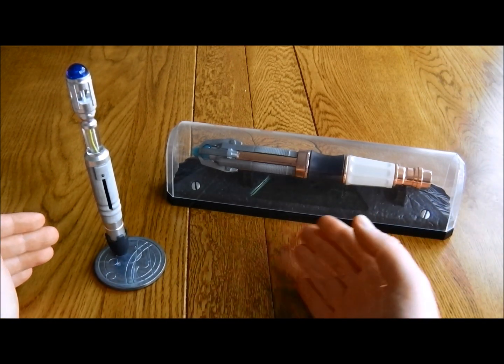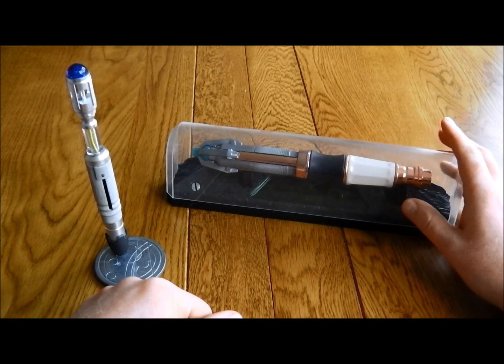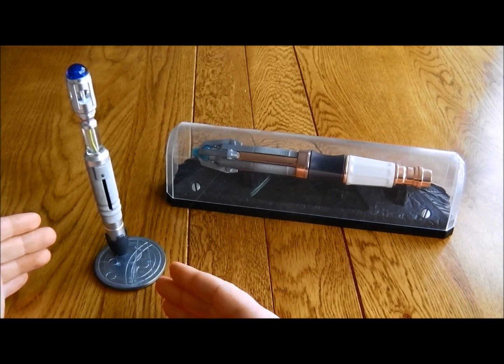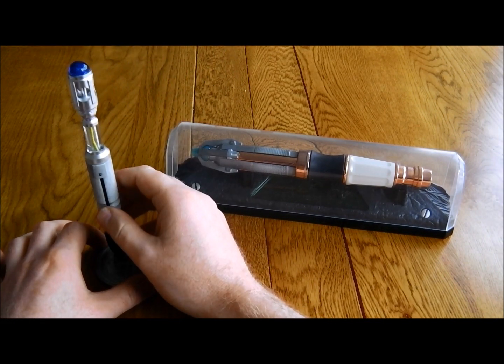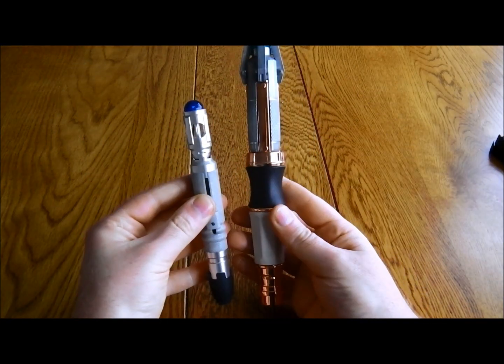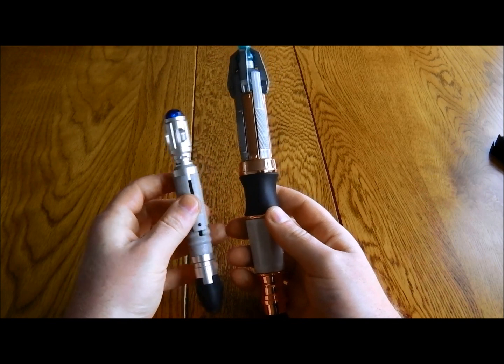So as you can see, the display stands they've gone for are very different. This is housed in a case with this plastic over it, whereas this is freestanding with this ingenious magnetic display stand. So side by side, as you can see, the Matt Smith Sonic is quite a bit larger, even when